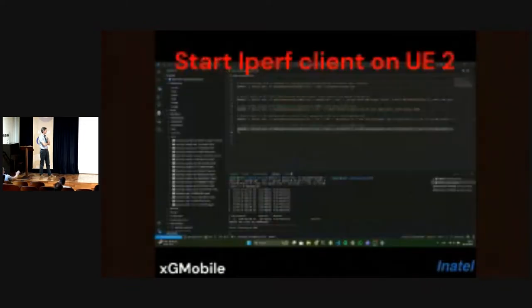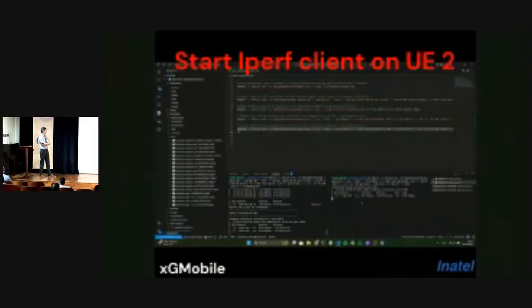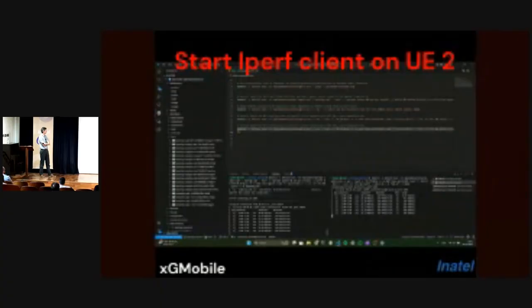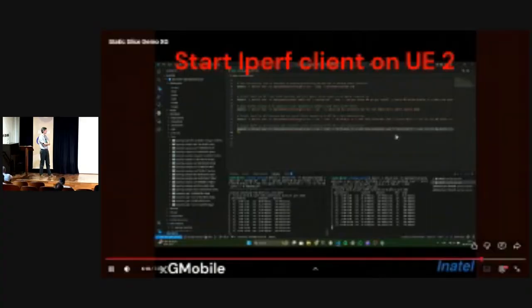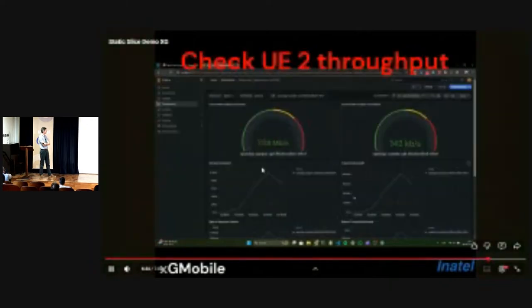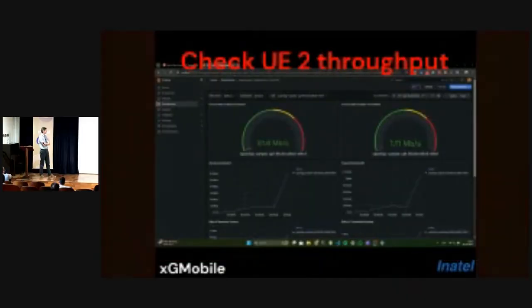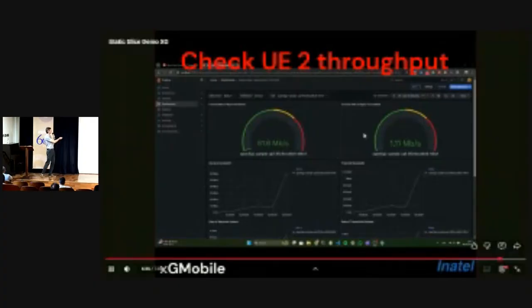Now I will show the second slice without limit. The limit will be my infrastructure and the software. In this case, I guess it will be the software used. I have more throughput. I will show again on Prometheus to facilitate visualization. I monitor the UPF again. I guess we will reach 100 megabits or something like that in the second slice, and the limitation in the first is 10 megabits per second.